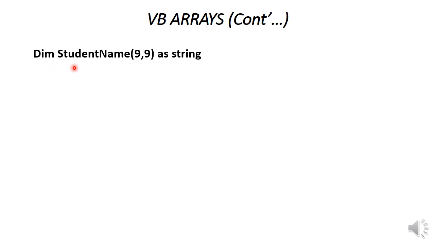So this is an example of a declared two-dimensional array. The array name is called student, and the sub 1 is 9, sub 2 is also 9, as string. String is the data type. It means that this array will accommodate letters, text, or just names. By looking at how this array has been declared, it's clear that this array will store 100 elements, because as